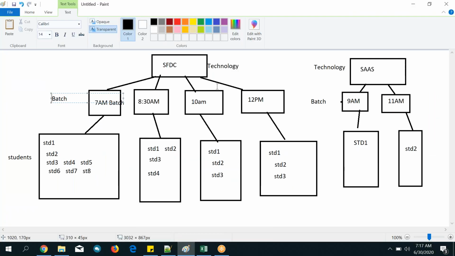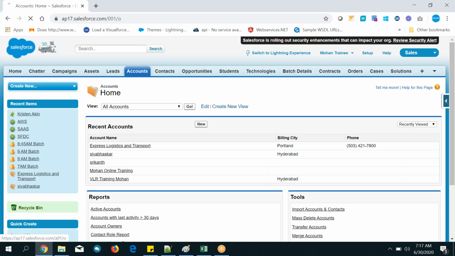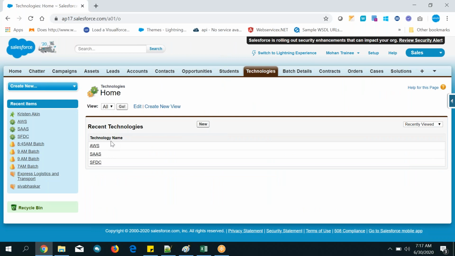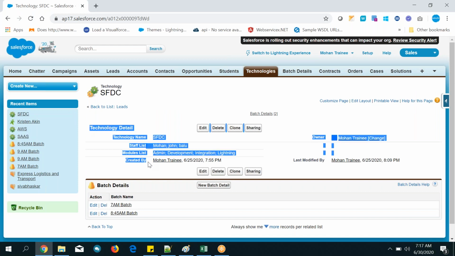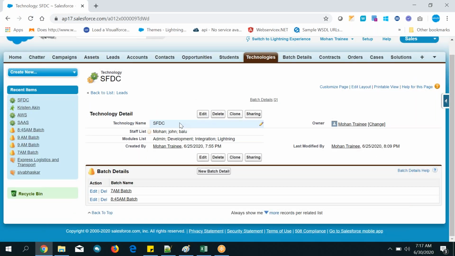So I told the business scenario also. The business scenario is like this: if any student comes for one technology, and the reception, it is a big institute, Vivekananda is a big institute, the reception doesn't know the technology details. So generally what she needs to do is hit the tab and go to the technology the student is asking for. So click on this technology. The student is asking for this technology, so the receptionist will look into this one.